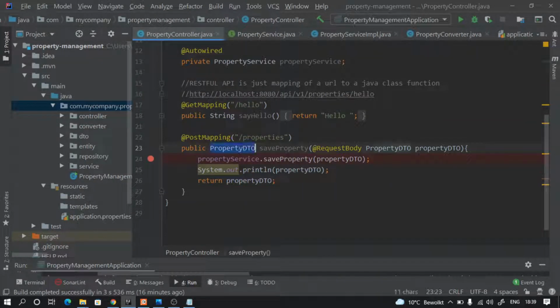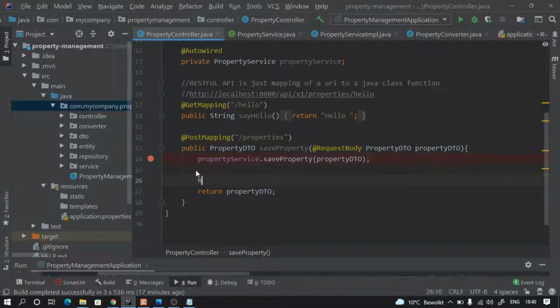And if you remember, what we did is any post method should not just return the data but also return the response or the status. So let's create that. We will get rid of this. We will now say ResponseEntity of PropertyDTO